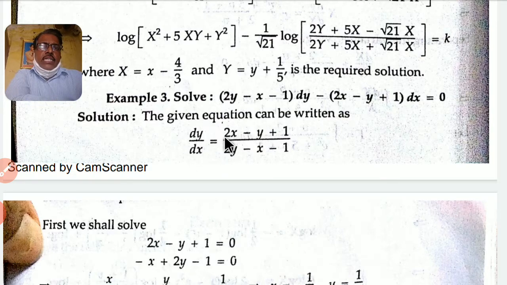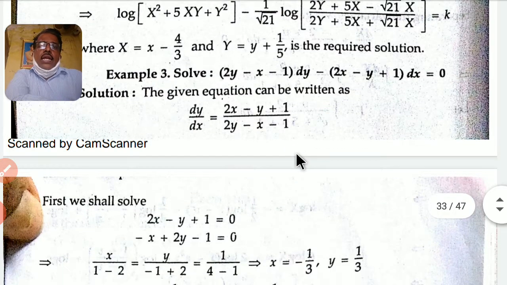So dy by dx means take this term to the LHS. Okay, then divide throughout by 2x - y + 1. So dy by dx is equal to (2x - y + 1) by (2y - x - 1). And then